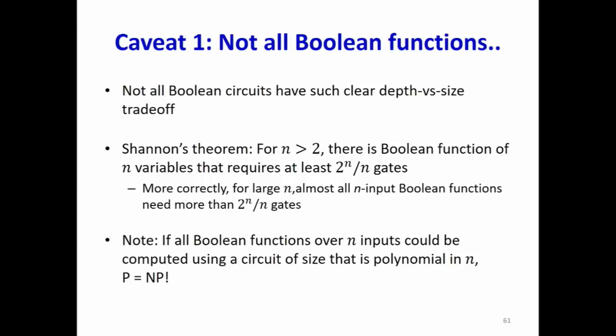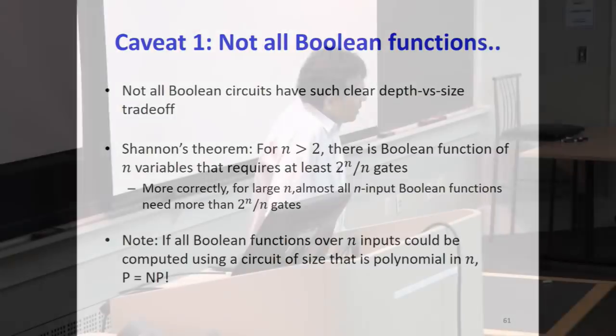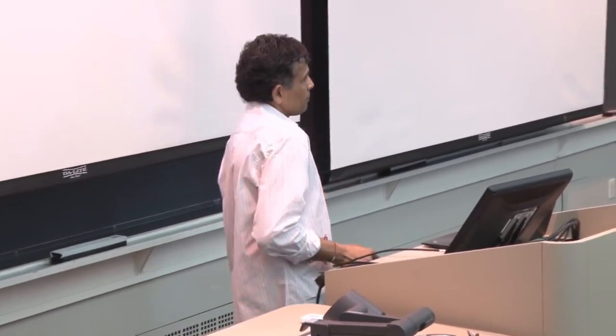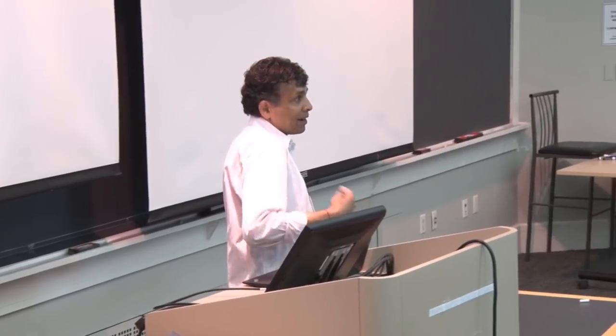Now, there's more to it than that. The majority of Boolean functions, what I mean by majority is that with a probability approaching 1 for large n, any Boolean function that you pick is going to require 2 raised to n over n gates. Pretty much all Boolean functions require an exponentially large number of gates, regardless of the depth, right? So I actually talked about a very small subset of Boolean functions, and even there, we begin to see how